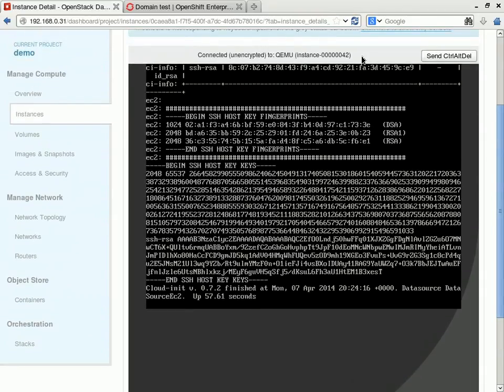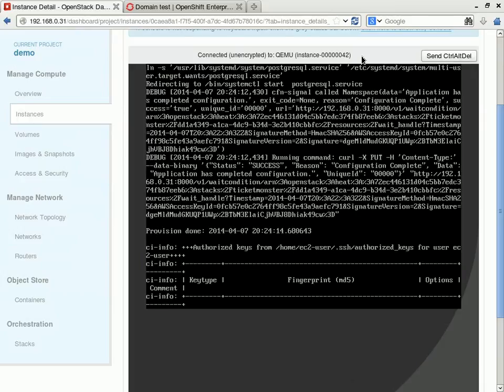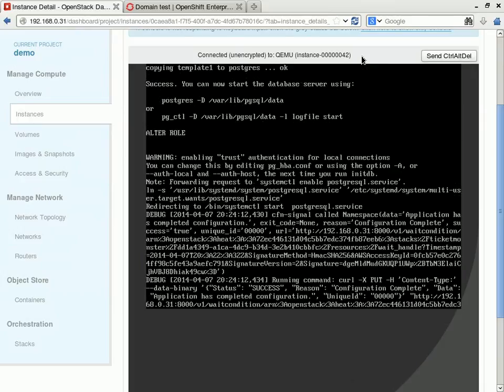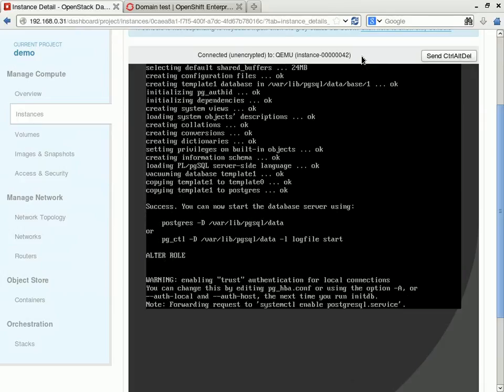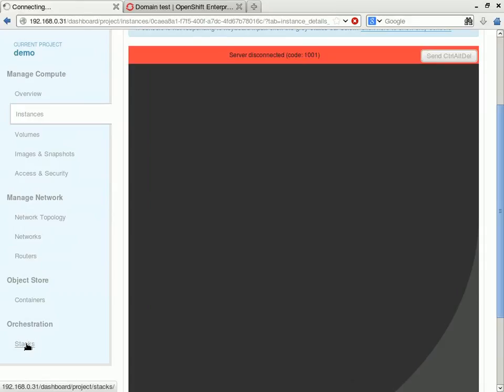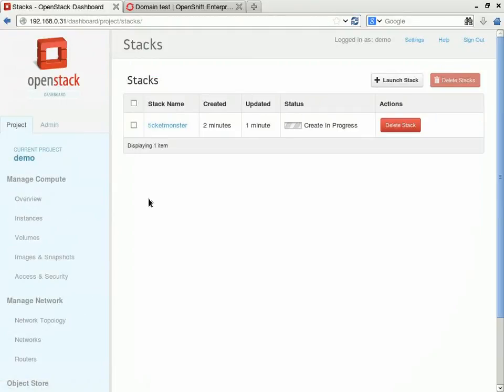So in fact, as I've been speaking, the entire installation is completed here. What I can do is just scroll up a little bit, and what you can see is, all being well, you can see the work that was done at this point to install Postgres has already taken place. So what I can do is go back to the stacks view, go back to the stack in question,